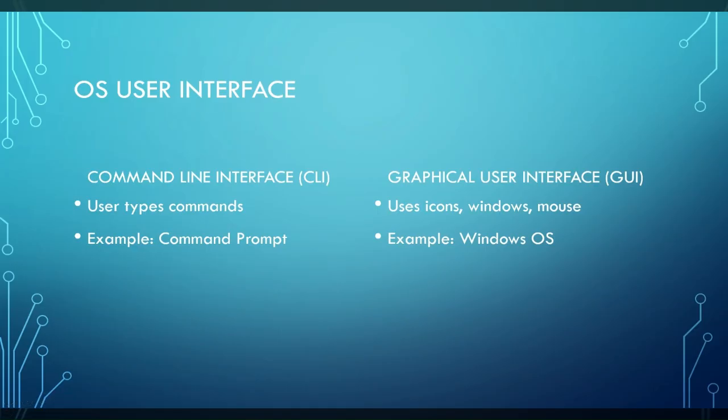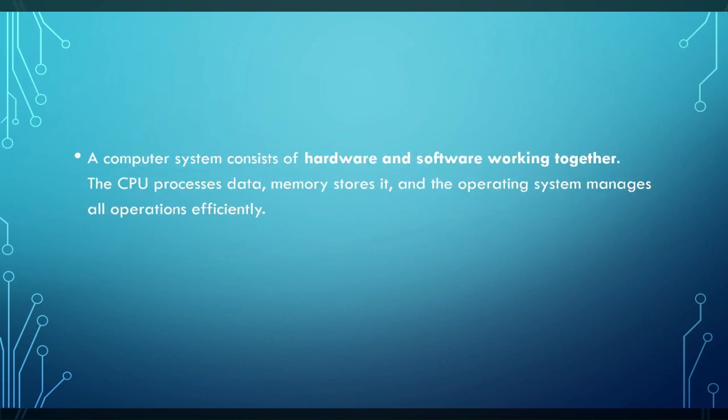We just click and drop using the mouse, right? The example for this is the Windows operating system, and the graphical user interface is used by most users. The command line interface is used by programmers and developers, because it is generally faster and more freedom is given in this. But in the graphical user interface, there are limited options as developed by the operating system, and also it is easier and more fun to use. So these are the two types of operating system user interface, and you can use any one that you like.